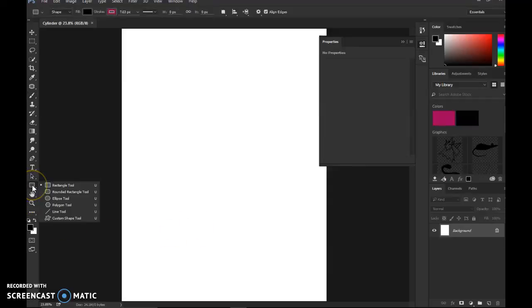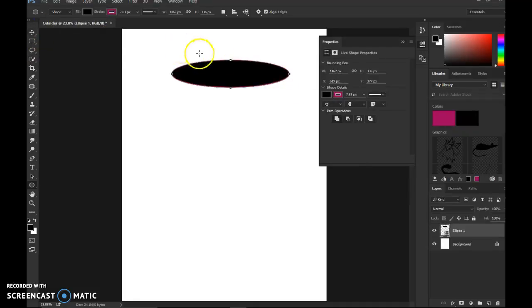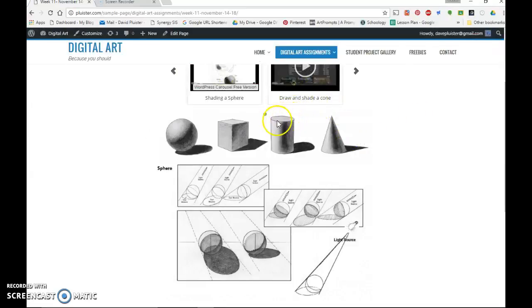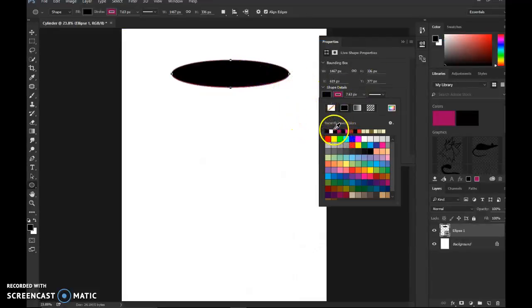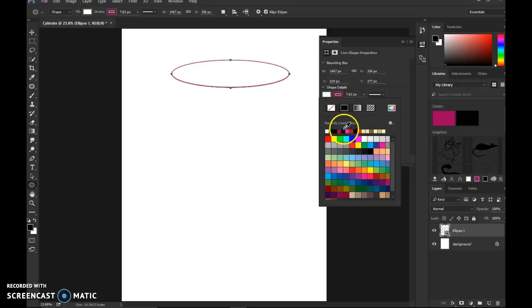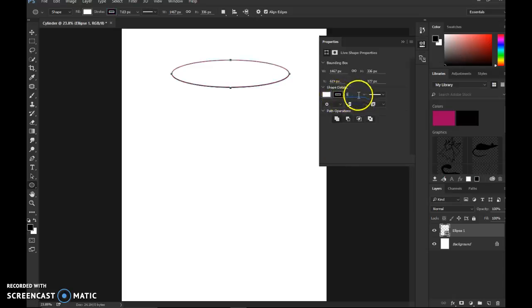the cylinder. So we'll choose the ellipse tool from the shape tools, click and drag an ellipse. In this case, we know that it's round, but we don't want it to look like a perfect circle because we're going to be viewing this cylinder from the side. You can see that that circle gets foreshortened. It gets squashed and stretched out. So we'll make the fill white, we'll make the stroke black, and we can change that to 1 pixel for